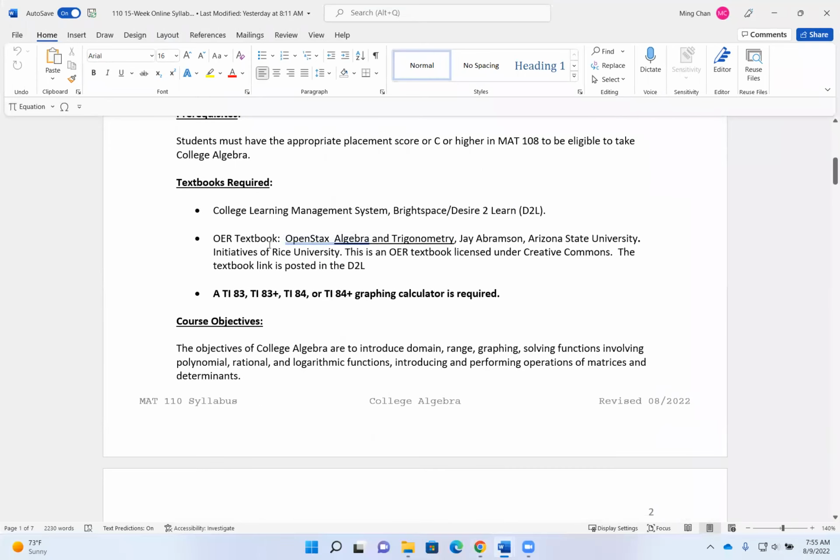This class, even though the textbook is using this OpenStax textbook, however, you will need to have a graphing calculator in this class. Okay, if you don't have money to buy the graphing calculator, you can try to borrow some from friends or family. If friends and family do not have a graphing calculator you can borrow, you can also try to see if our enrollment center on the Sherrod campus has graphing calculators